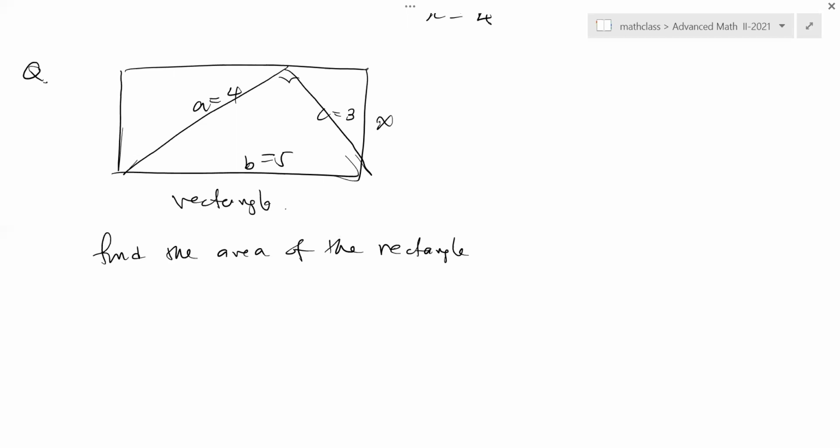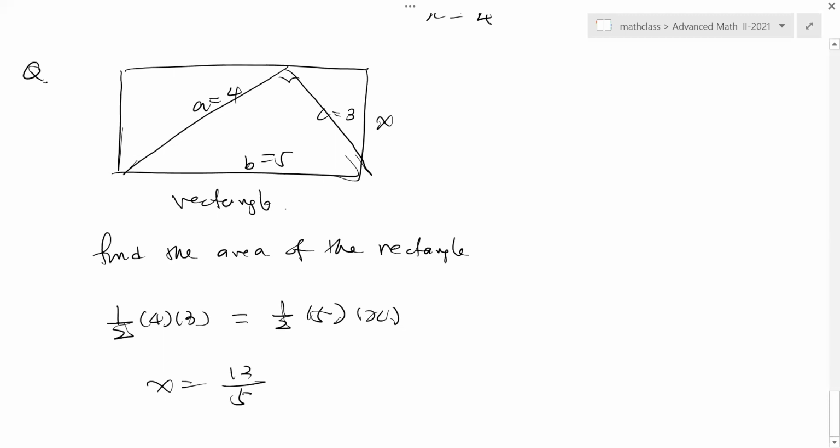Okay, time is up. So what is the area of the right triangle? The area of the right triangle is going to be 4 times 3 divided by 2 because it's a right triangle. But on the other hand, x is the height of the right triangle, so you can use the base 5 times x, right? That's the area of the right triangle. Now, clearly, x is going to be 12 over 5,